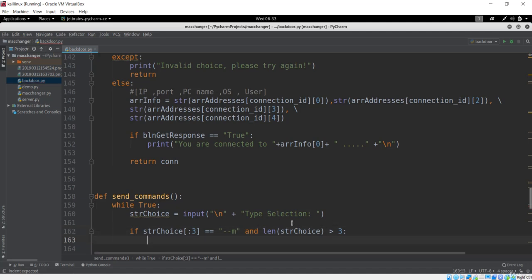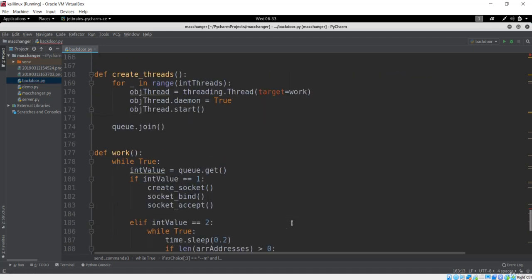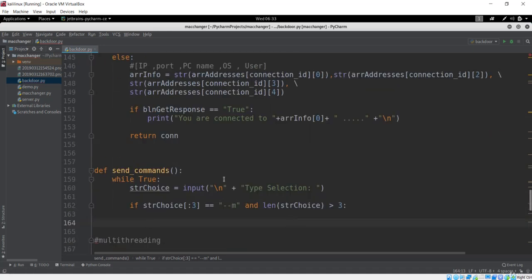Let me give an example over here. It should only accept this command, so that should be dash dash yum, and there should be some message. So let me say hello, then this is valid. If you type only dash dash yum, then it is not going to be valid, because we have this and statement, and in the case of an and statement both of these conditions should be true, and that is not the case because the length of this command is only 3, not greater than 3. That means we have to also pass some message with it.